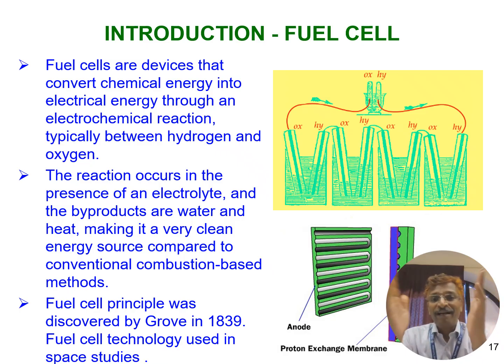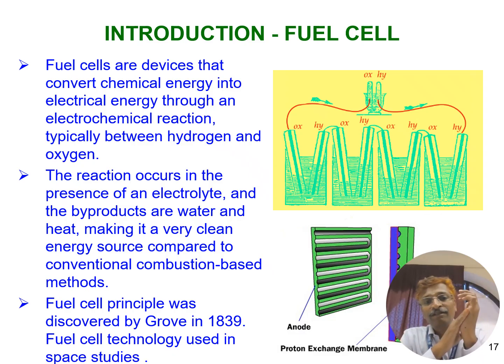So a fuel cell is a device which converts chemical energy into electrical energy with high efficiency and almost zero emission of pollutants. That is very, very important, so people are nowadays moving towards fuel cells. The first principle of the fuel cell was discovered by Sir William Robert Grove in the year 1839. This technology is used in space studies, in the Gemini and Apollo space missions. Scientists used the fuel cell PEMFC